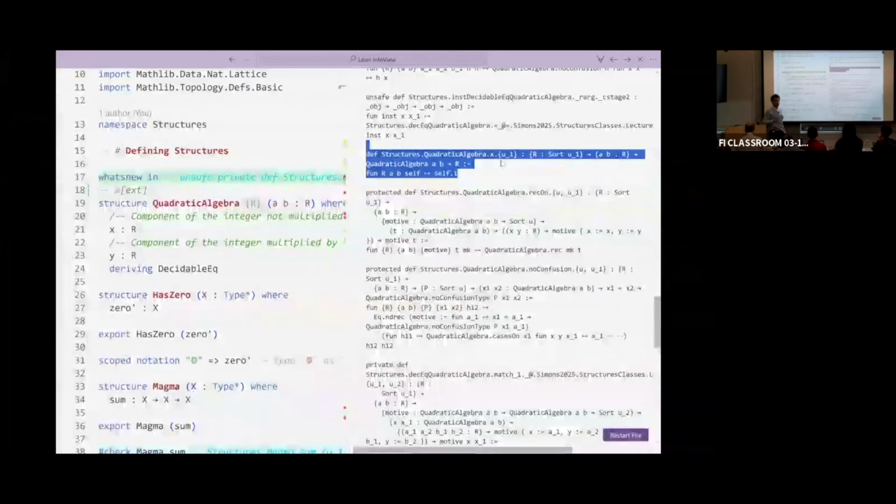It's really the first projection. So if you take a term in quadratic algebra, which will be a pair of things, this is a function that takes this pair and gives you the first term back.